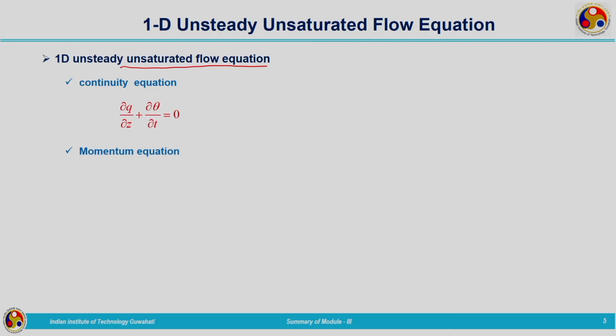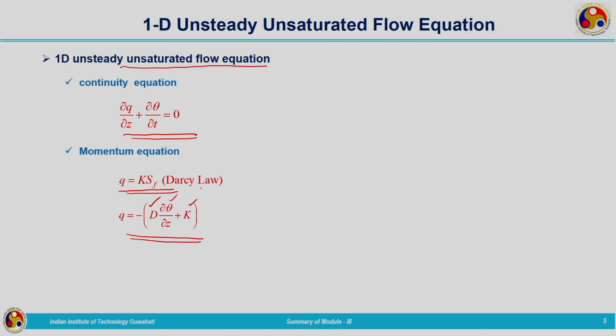So, the continuity equation was given by this partial differential equation, and for the momentum equation we considered Darcy's law, given by Q is equal to K S_F. After that, corresponding to the S_F slope, we made use of the energy causing the flow and substituted for that particular term S_F, and finally combined the continuity and momentum equations. The equation of momentum was found to be in this form, which has the terms soil water diffusivity, soil moisture content